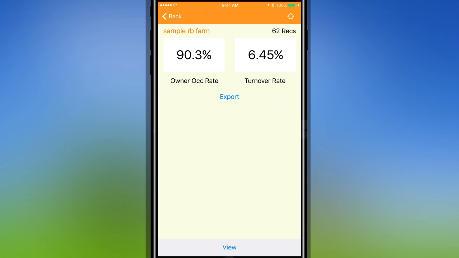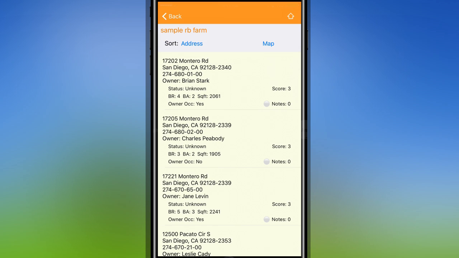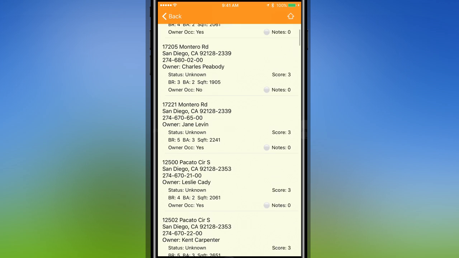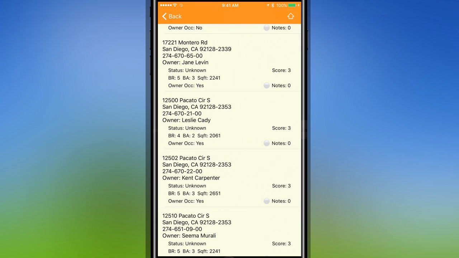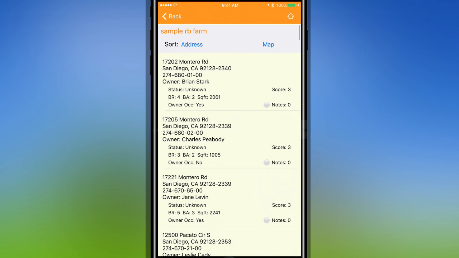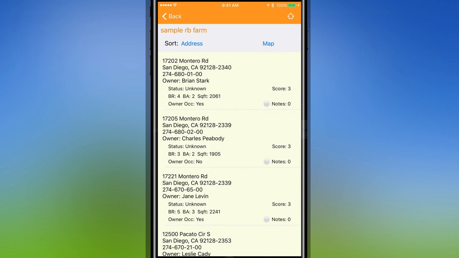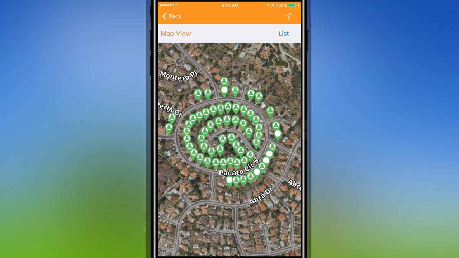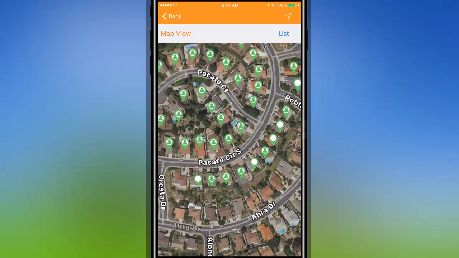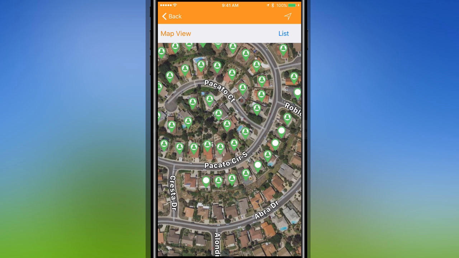In this case though, I'm going to go ahead and hit view, which takes me right here to the list of farms, and from here I can then tap on individual ones, make notes, see the information about it, color code it based on score. Lots of different options here. But one of the great things now is at the top there's a button that says map. If I tap on that, it's going to bring in the map and show me visually right where the properties I selected are. And what's great here too is you can see that some of the push pins have a little person inside the center, and some are blank, and that indicates whether it's an owner occupied property or an